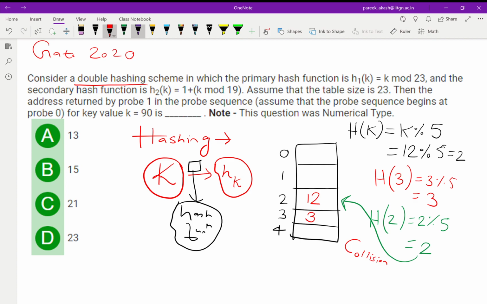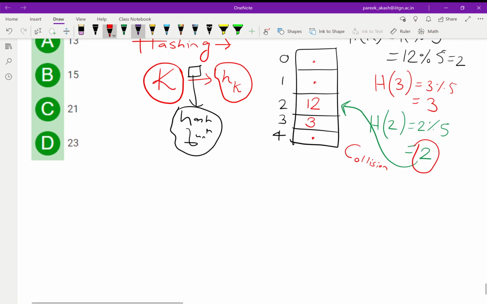So in the question also we might find a collision somewhere. Collision means that there is already some element where I want to place my current element. Now I have to put this 2 into this hash table, because in this hash table we still have many spaces left. There are techniques by which collisions can be resolved, and that technique we call probing. So probing is a collision resolving strategy or technique, you can say.